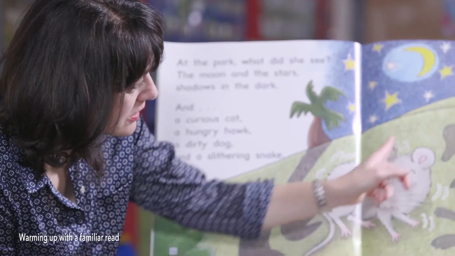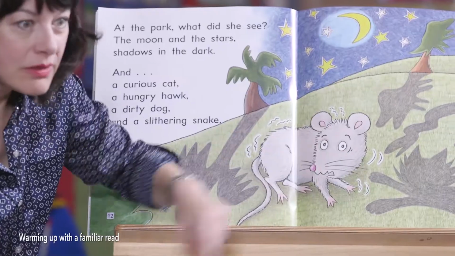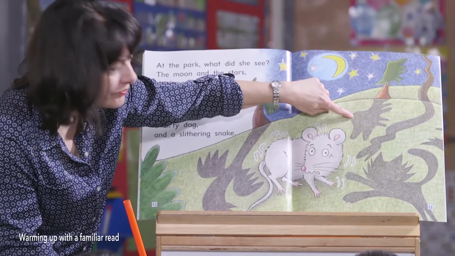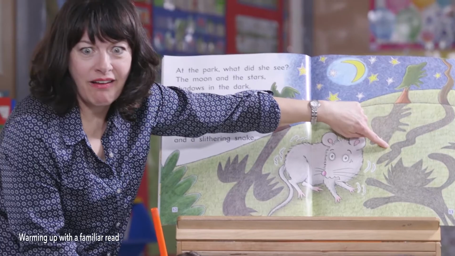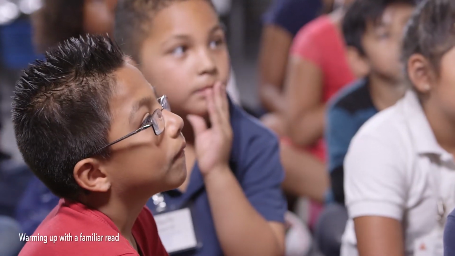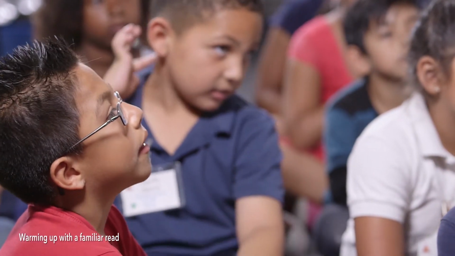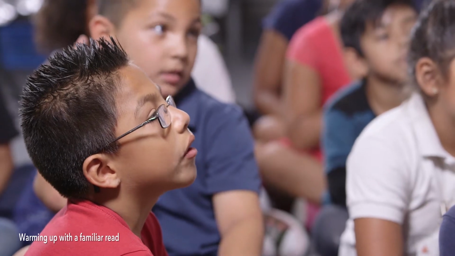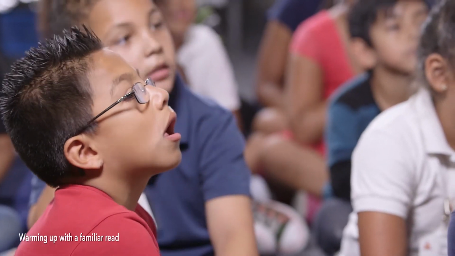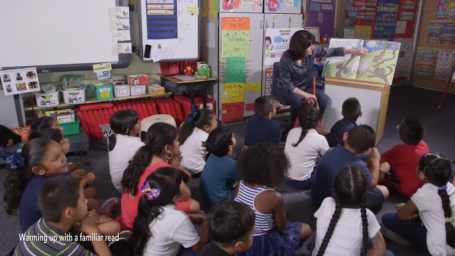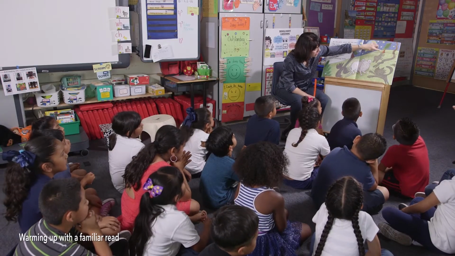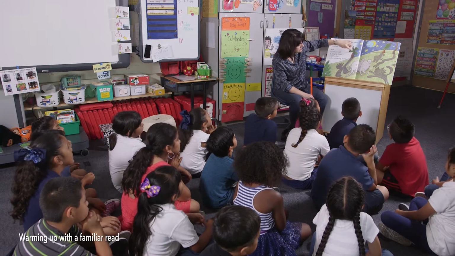What do you think Squeaky thinks about these shadows? She thinks they're real, doesn't she? What do you think she thinks this is? A dog. She thinks that's the dirty dog, huh? And what's this? Snake. Ooh, what was the word they used? Slithering snake. Yeah, and what is this one? A hungry hawk. The hungry hawk, and this? A curious cat. A curious cat. And we saw that the tree made the dog, and this tree made the snake, and this tree made the